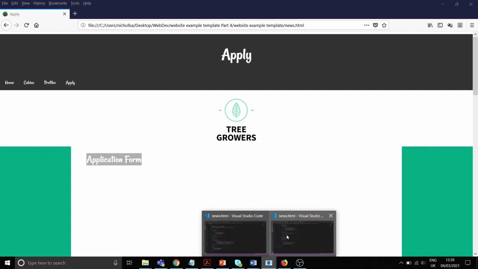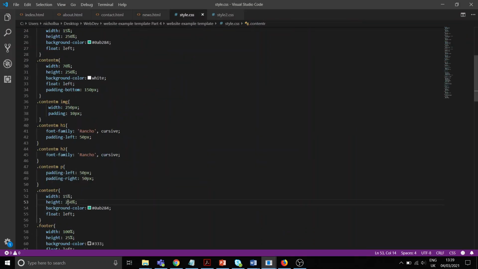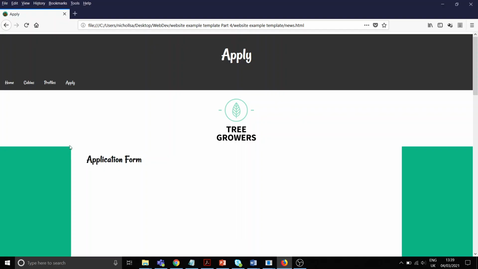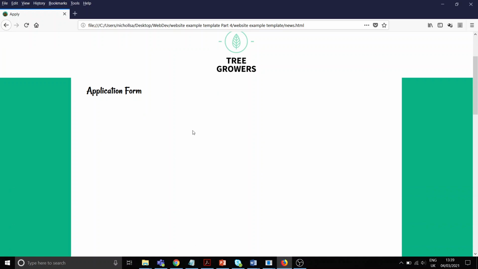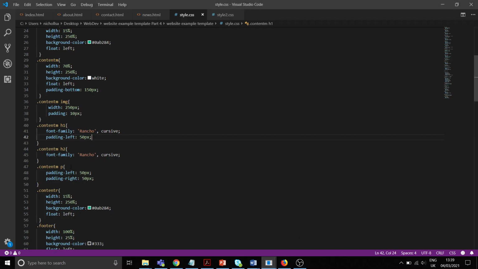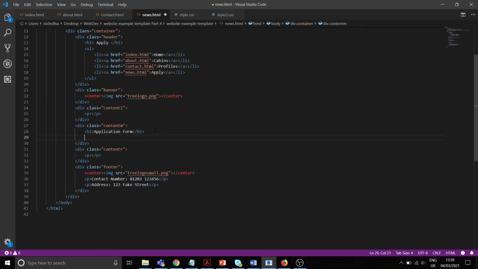Although, even though it's in another div box actually, so let's just address that. So my content H1, there you go. I already have some CSS for that with padding around it as well, but you guys should be familiar enough with how that works with the CSS by now to sort that out for yourselves. The main thing here is how to add the form. So let's go back to our code and our HTML, and underneath that H1, I'm going to add a form,